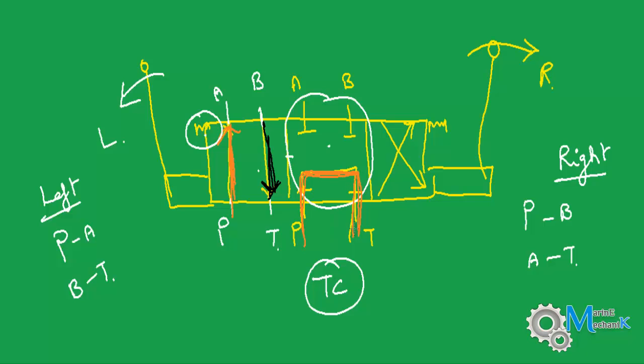So with this in mind, here is a 3-position, 4-port, 4-way, spring-loaded, manually operated directional control valve. So let's recap it once again. How do we name it? We name it as 3 positions, that is first square, the second square, the third square. So 3-position